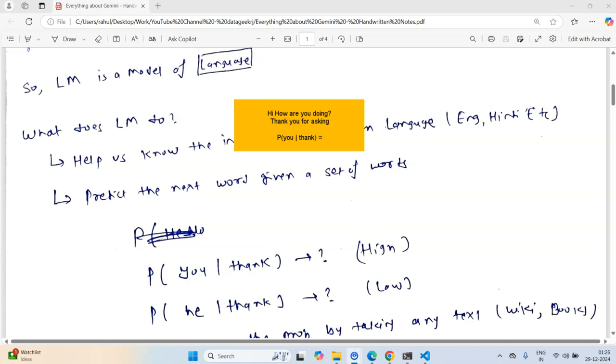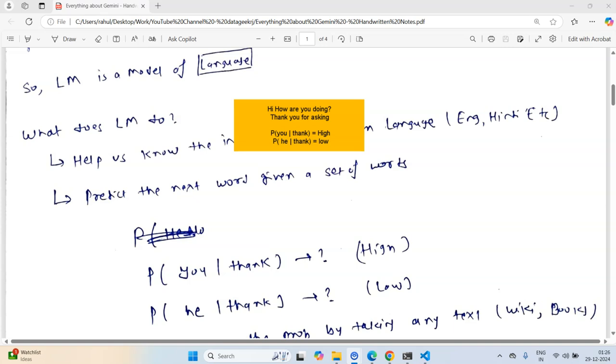We can see that the probability of you occurring after thank is quite high, and similarly the probability of you occurring after are is quite high. We can intuitively say that this probability is going to be higher. On the other hand, if I want to model the probability of he, given thank, I can intuitively say it will be very low. Calculating the exact probability is also quite easy, but we won't be going into that in this video.